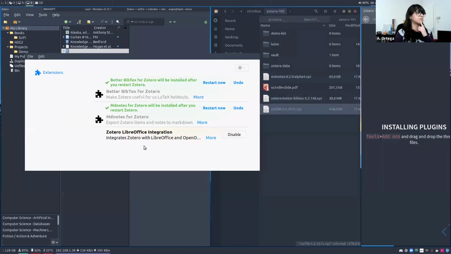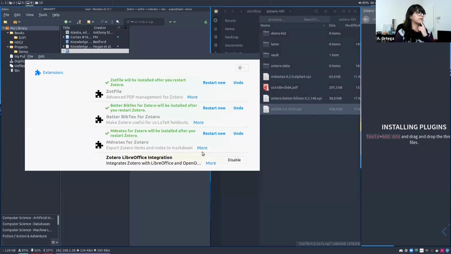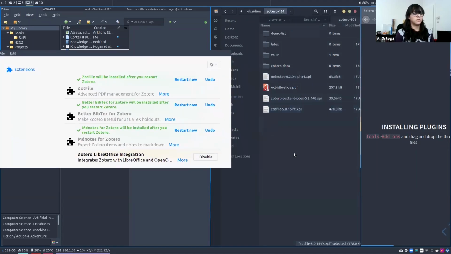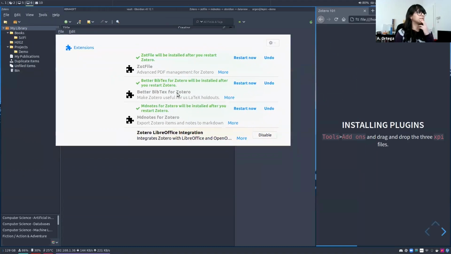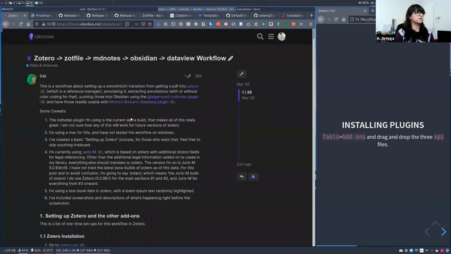I'm missing Zotfile. Yeah, okay. All right, so now we have the three of them here. I can close this now, I think. It doesn't matter. Yeah, so now I can restart Zotero, so the plugins